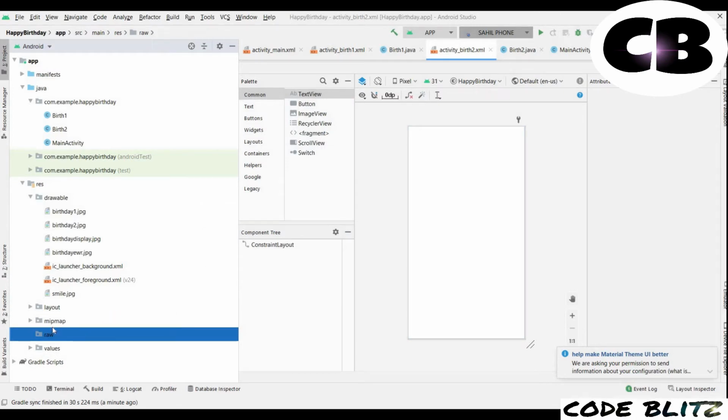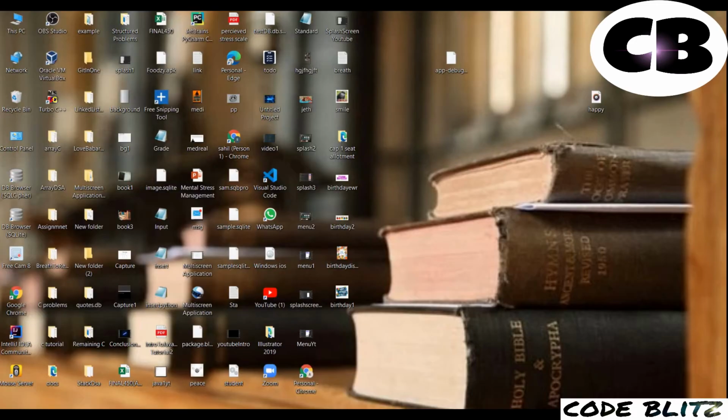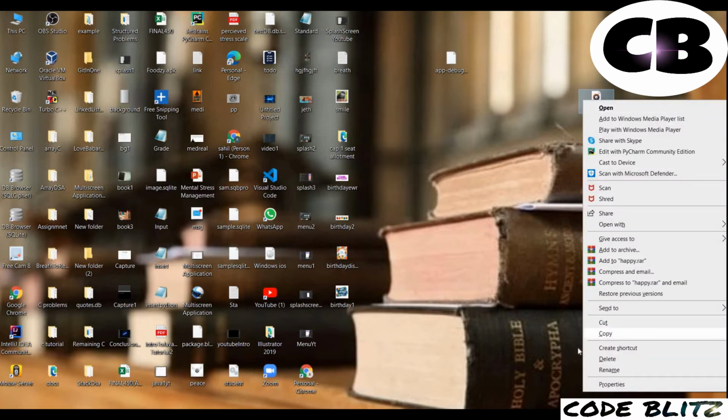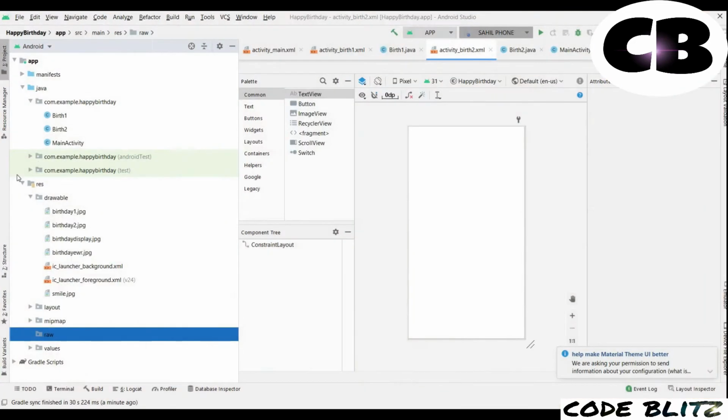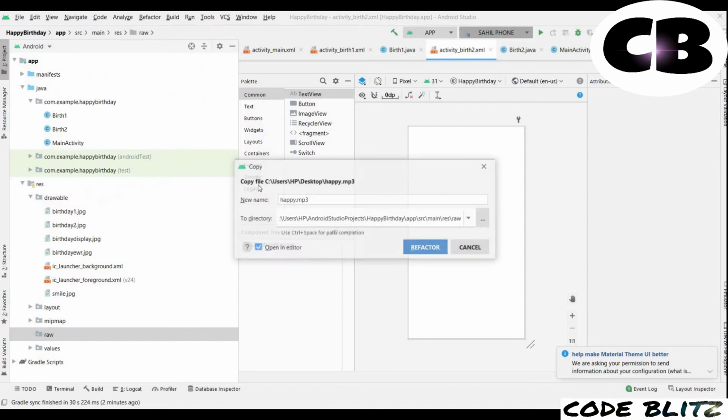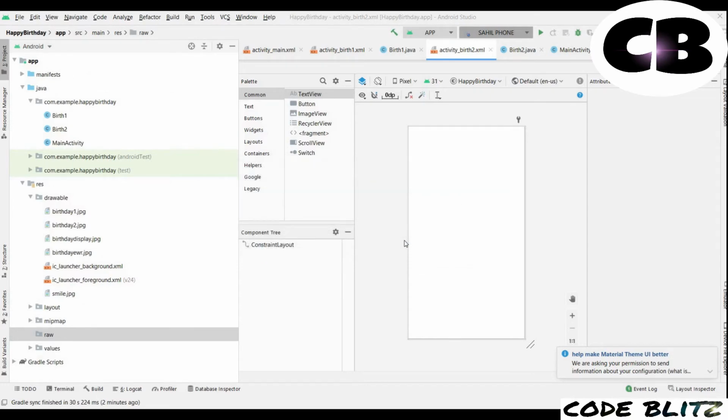Okay, now in this raw directory you will paste the song. I have downloaded the song. I will just copy it from my desktop. Copy. Now come to this raw directory, right click it and paste it. Refactor.